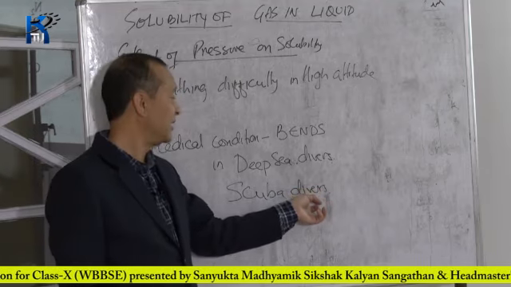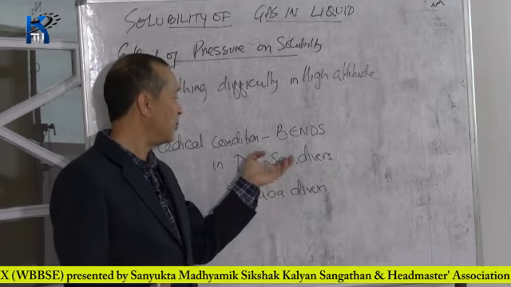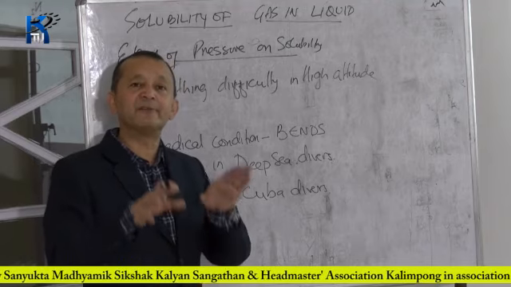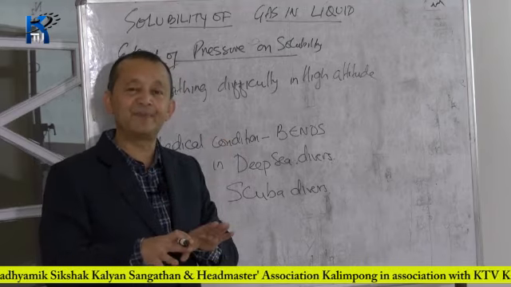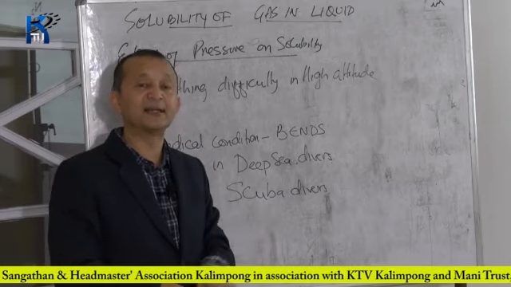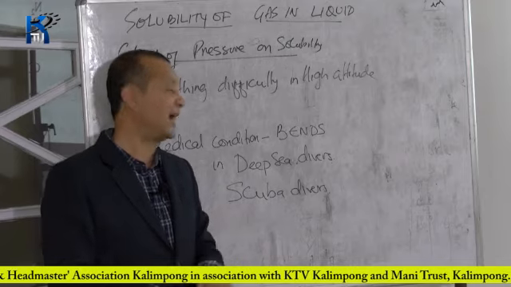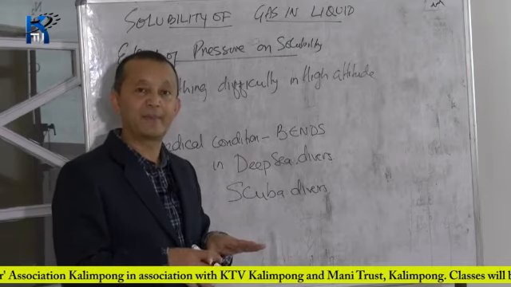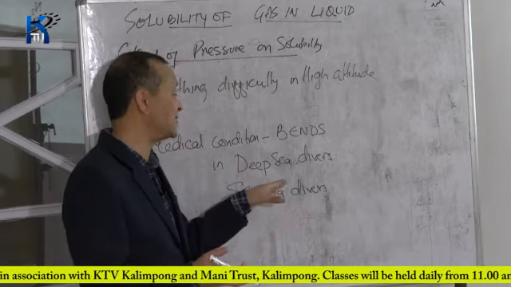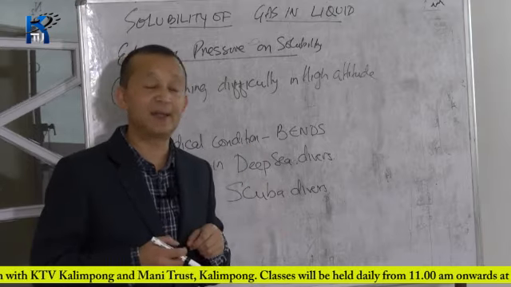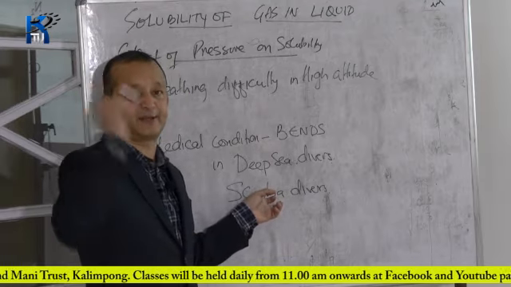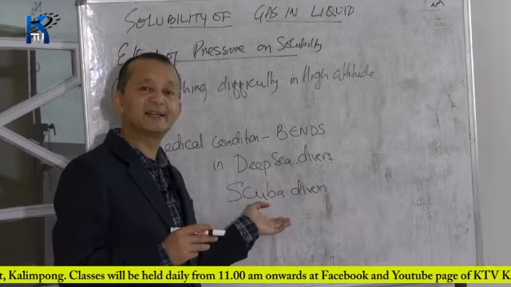It's not pure oxygen. So when these scuba divers go to the bottom of the ocean, the amount of oxygen and nitrogen that dissolves in the blood is very, very high because of high pressure. When the pressure is very high, solubility is also very high. So an extra quantity of oxygen and nitrogen dissolves in the blood. And if those divers suddenly come to the surface,